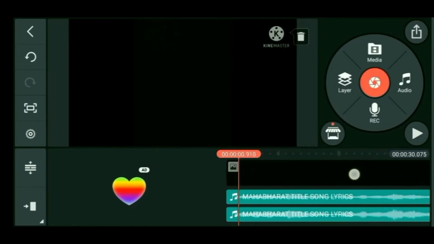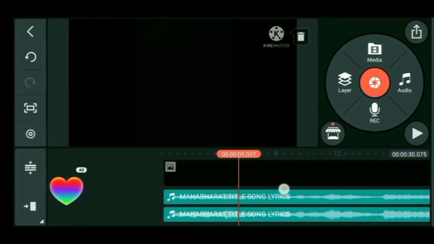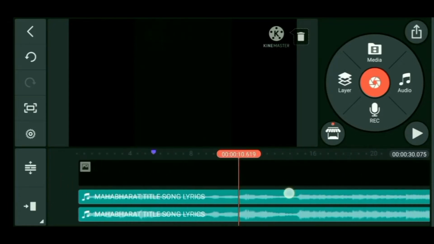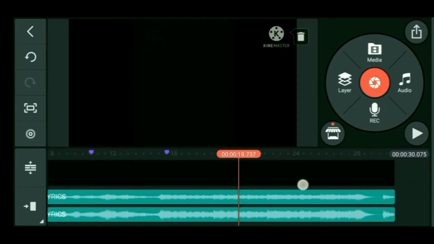Now what you have to do is mark after every 5 seconds. No need to take it as exactly 5.000; you can take it as 5.040, 5.08, something like that. So over here you start marking, as I am doing.